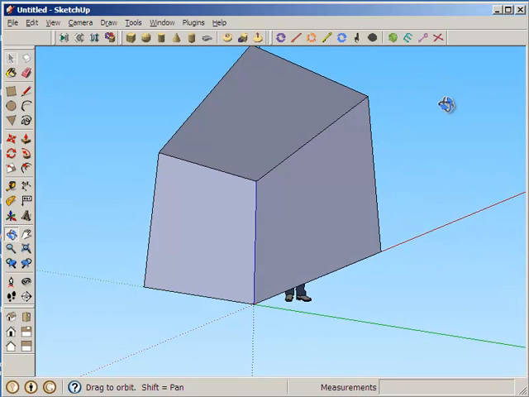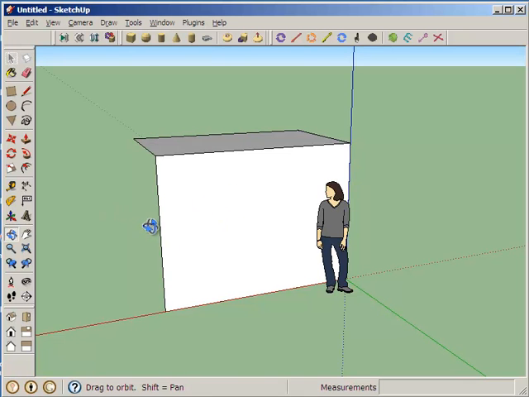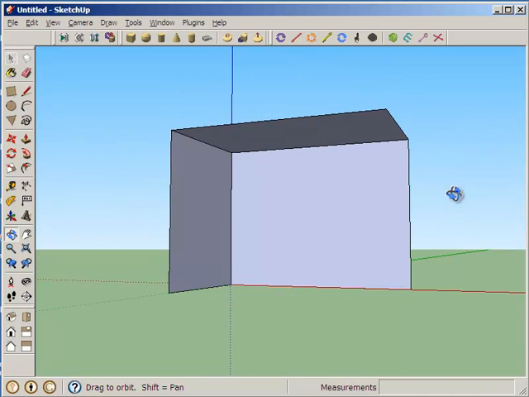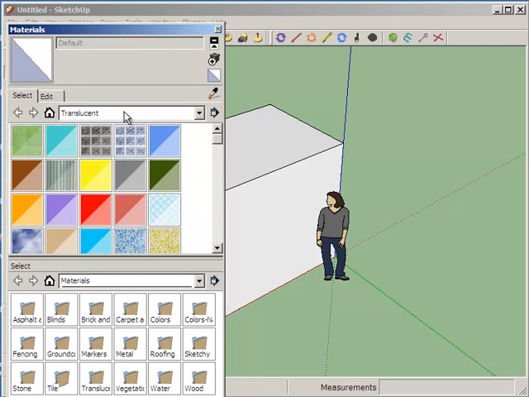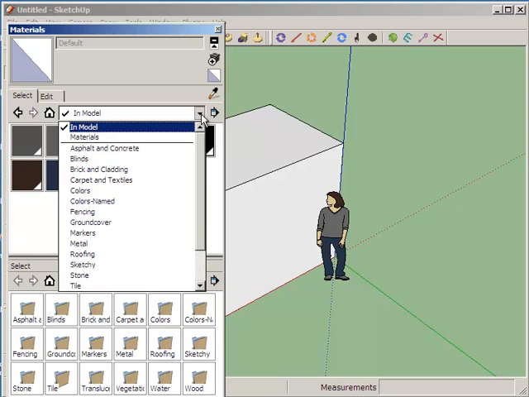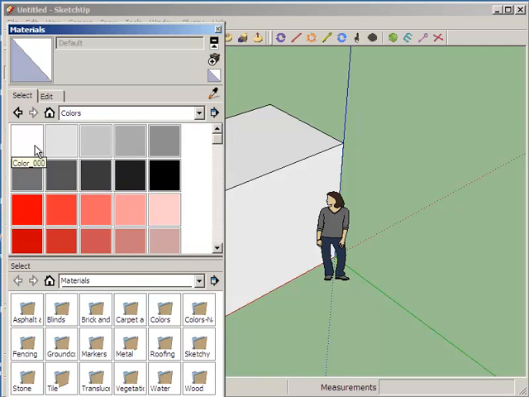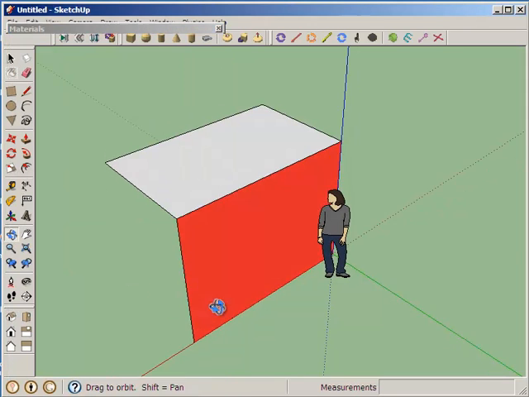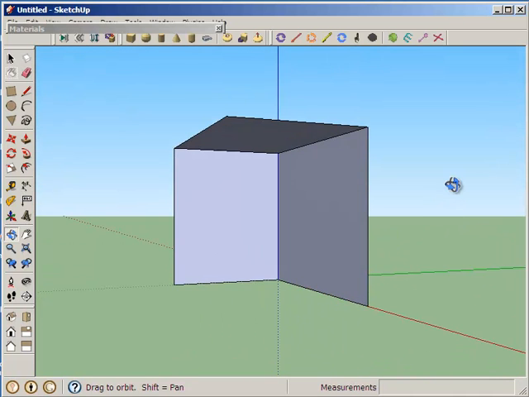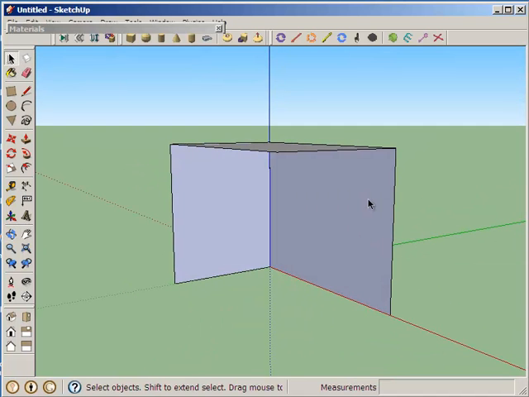And so you notice that in this particular display style, at least, faces have two sides. There's one side that has this white bright color, the other side has this gray blue color. So faces actually have two sides, and you can use your paint bucket tool and choose a material. There we go, to paint one side of a face. So if you can paint one side of a face and paint the other side differently,